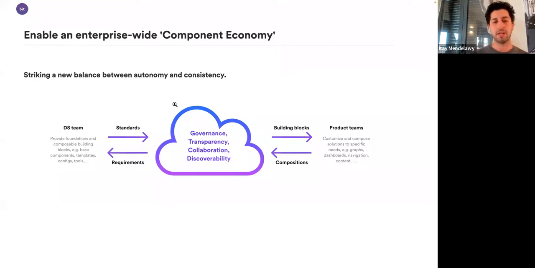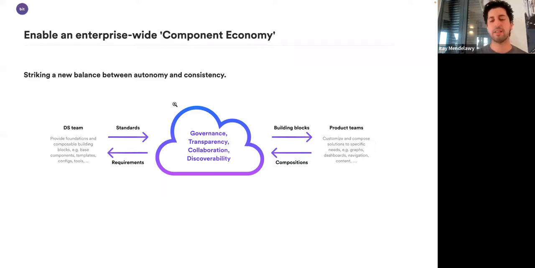They would push standards in the form of independent components into that economy. Those standards can be far more than just buttons, drop downs, tokens, and so on. They can also be templates for new components, build configurations, the entire development environment for building new components.